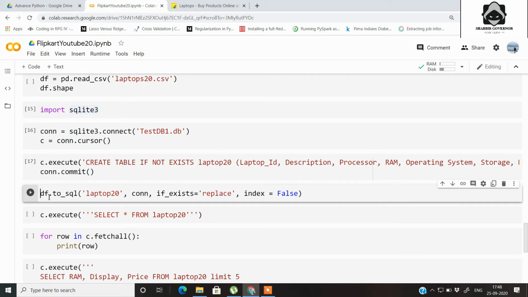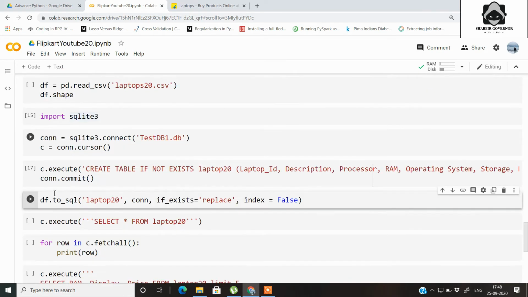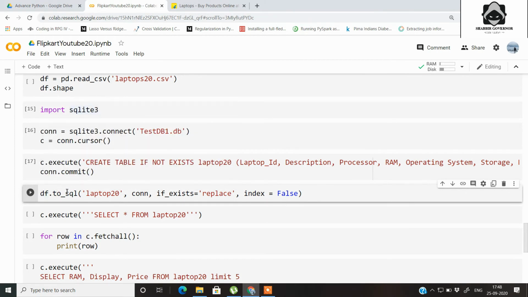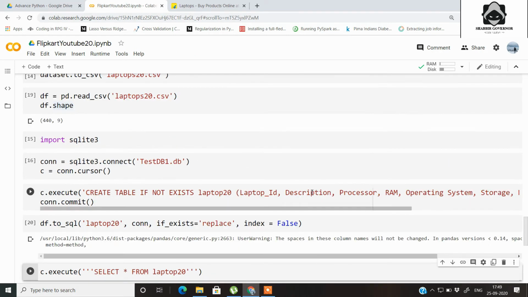After that, on the data frame object that we have above, we use the toSQL function. We pass in laptop 20 as the name of the dataset. We pass the connection that we created with SQLite, and we say that if it exists, we replace the table with the same name, and index is equal to false. So once we run this part,